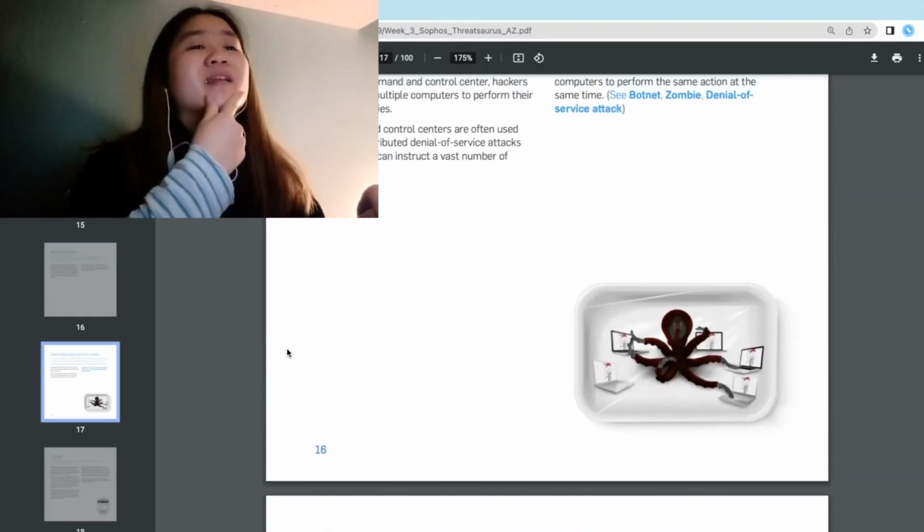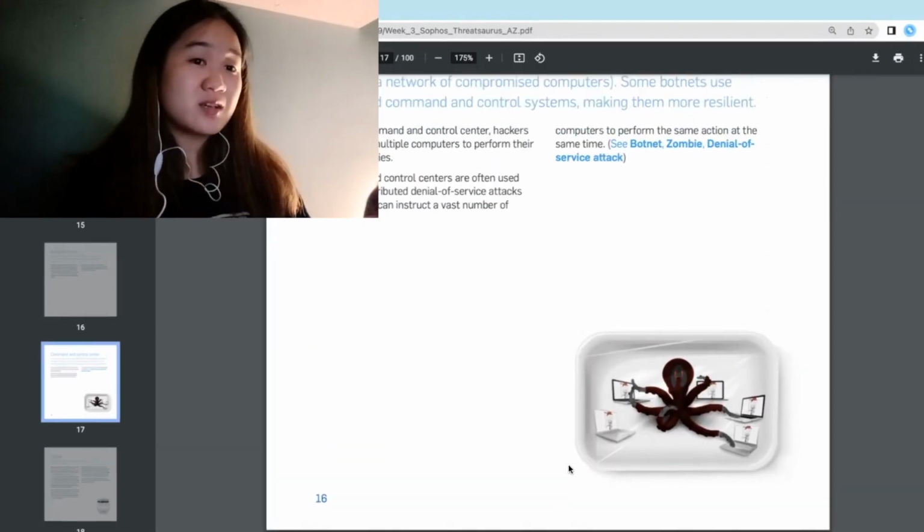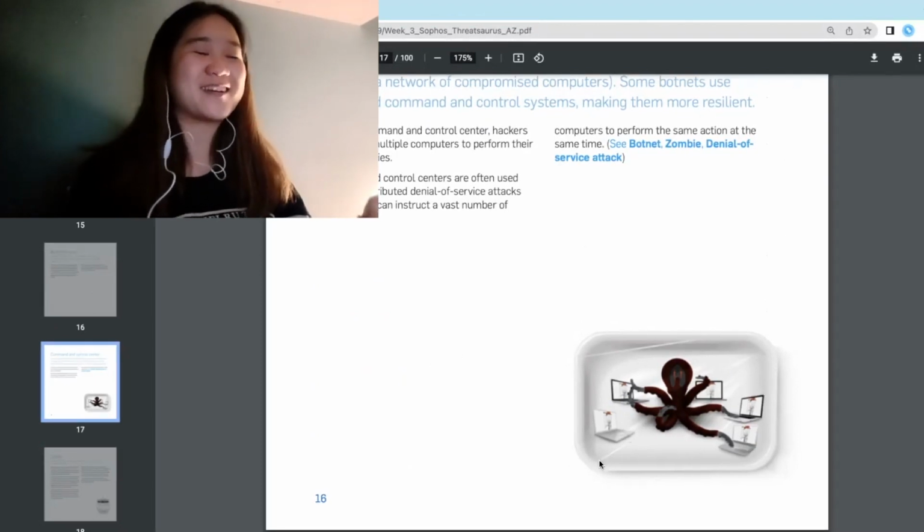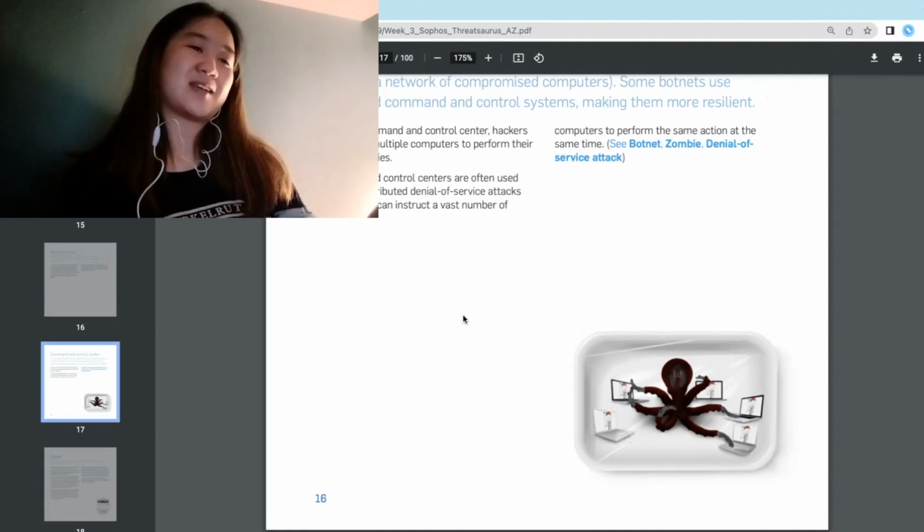I wonder why computer viruses are often represented by an octopus with all these tentacles reaching out. I wonder how that came to be.